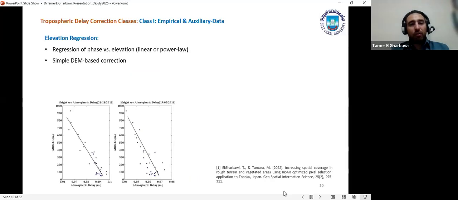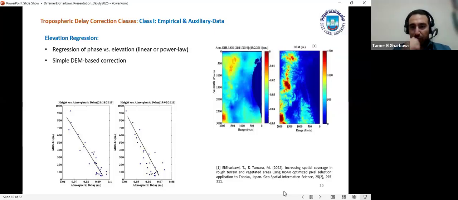For the elevation regression, there is a lot of evidence that the tropospheric delay depends on the elevation. When we go up, it is reduced, so it can be modeled with a linear or a power law. As we can see here, we can model the atmospheric delay between two interferograms, on the left side, and it is correlated to the DEM elevation in the right figure. This kind of method does not use any external data. It is just based on the interferogram itself. It is like a first step,